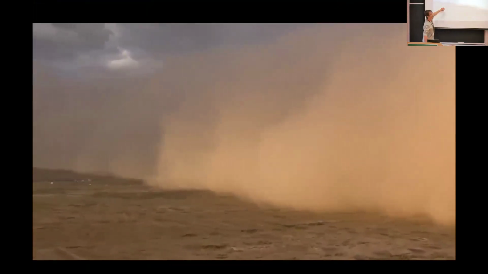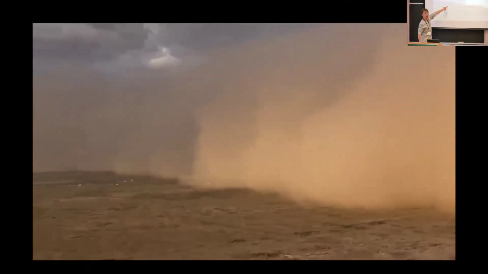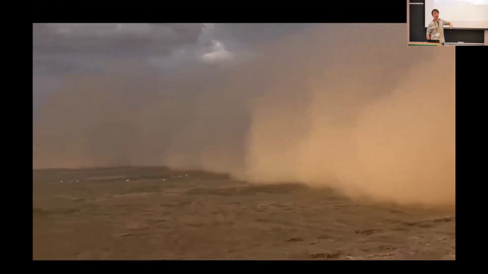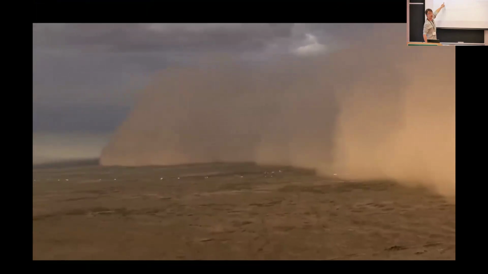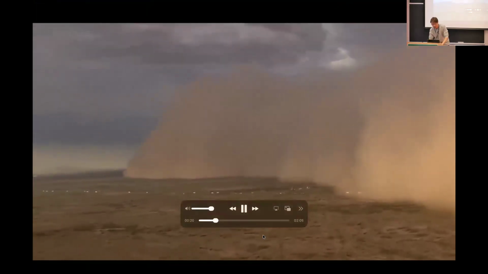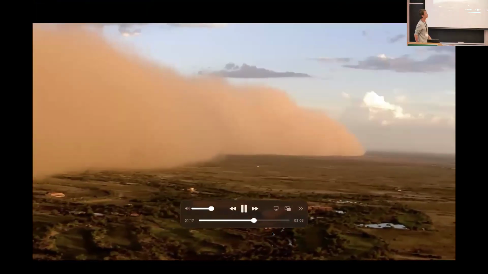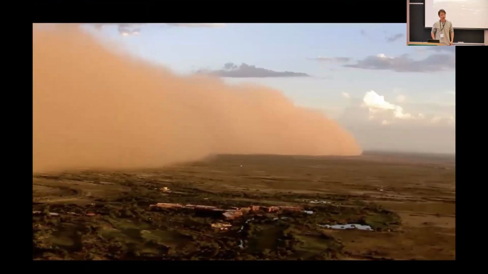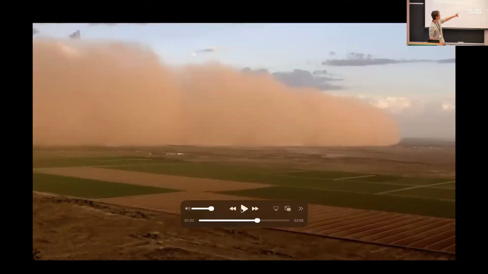I don't know if you can see, these moving white dots are cars. That's how big this dust storm is. If you wait a little bit, you see that, which is very much like what you saw in the wave tank. It's very remarkable, and there's more of those. Those are quite remarkable. And this tip seems to be quite consistent, and that will be a big part of the story.